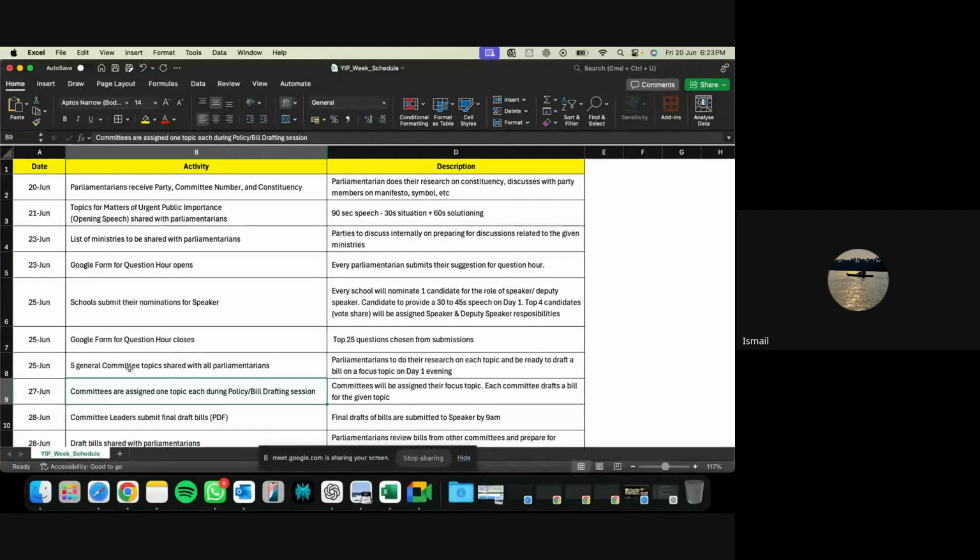Sir, how would the seats be allotted? Is it based on party or committee or constituency? Seating we'll explain on the day of the event, just before the start of the event. Once you come in, you would not be sitting party wise. Once the elections happen and we know which party is where, your seating arrangement will change to sit party wise. Sir, in one committee, there'll be members from different parties, right, sir? Yeah, correct. Okay, sir. Thank you.